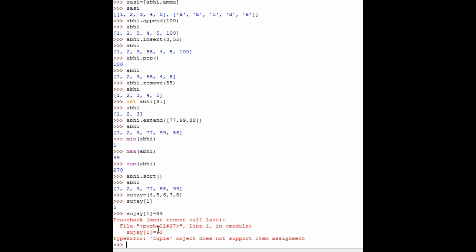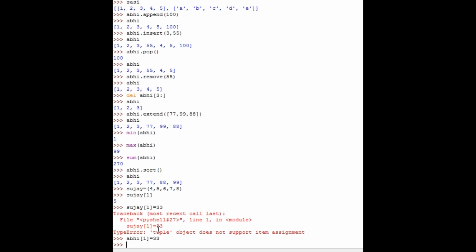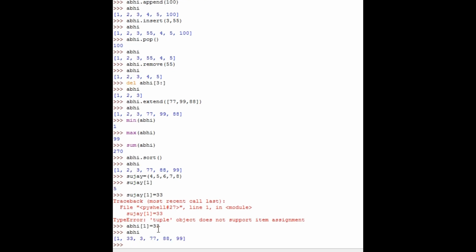And let's do the same thing with this list. B 1 is equals to 33. So if you give B, here we got 33 at the location 1. Why I'm doing the list operation again is to explain to you: at the first location there is actually the second value, but here we have changed it to 33. So in that way it has been changed.